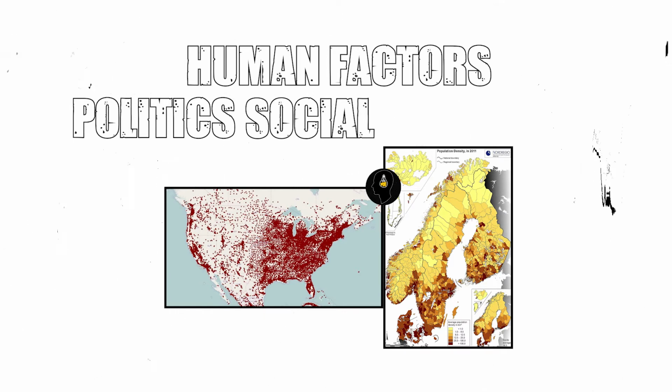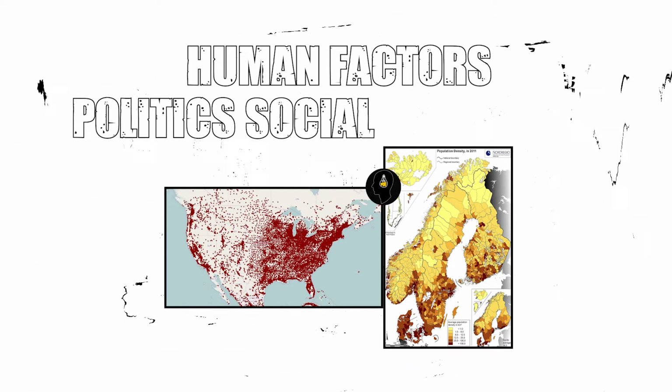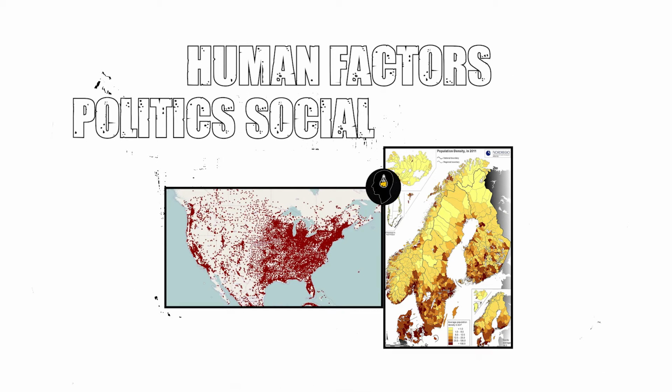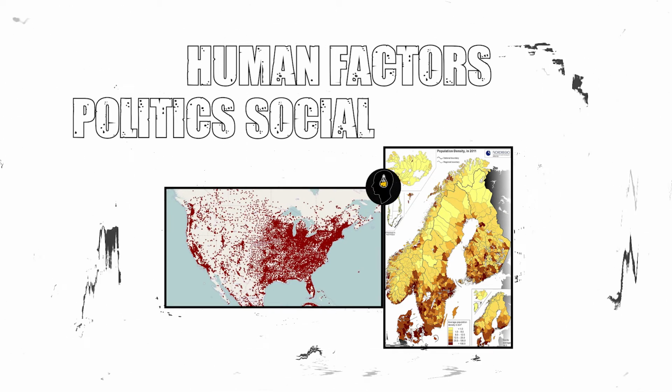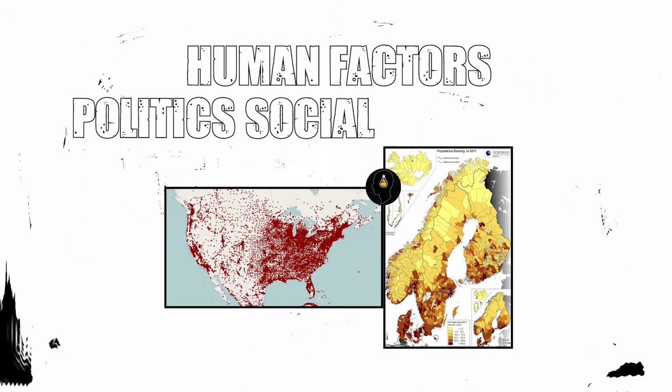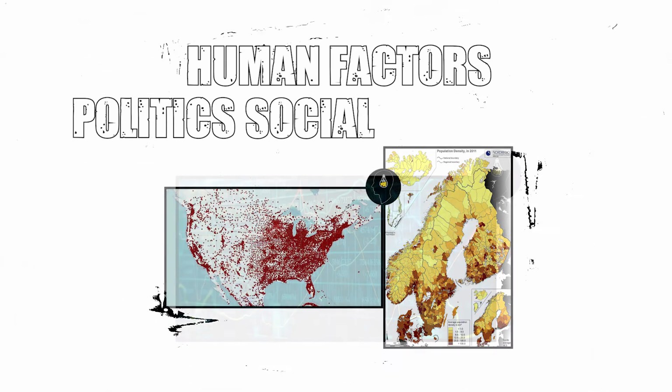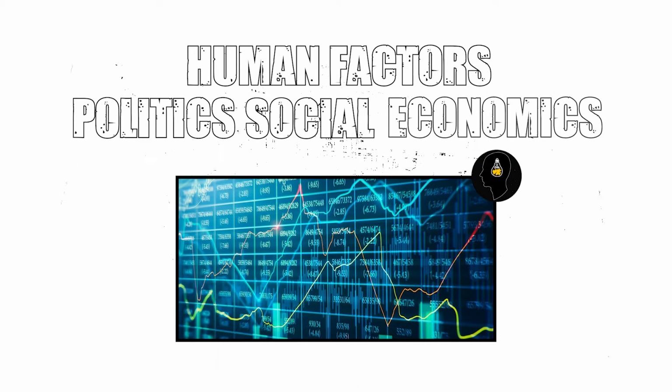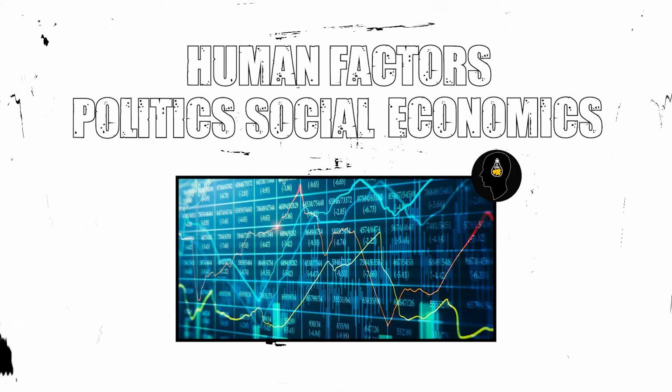Socially, people want to live close to each other because that creates a feeling of security, like in the US. But in other countries, for example the Scandinavian countries, they very much prefer isolation, which can connect to climate as well. Economics affects jobs, and if there are more jobs, more people will live in cities and highly dense areas.